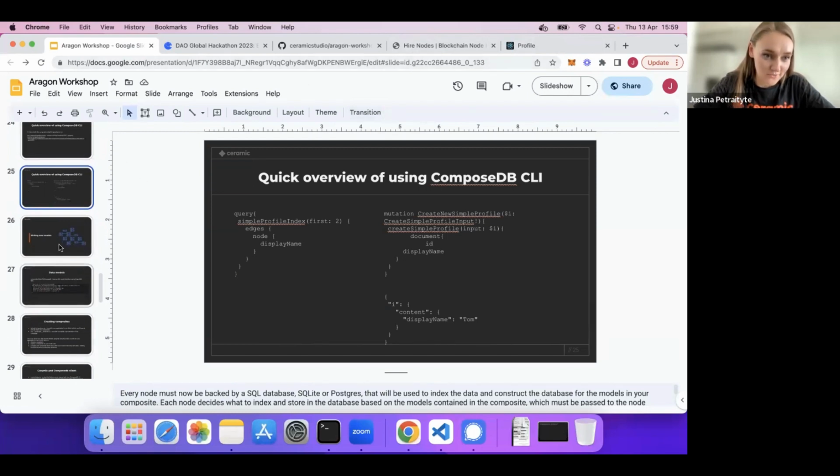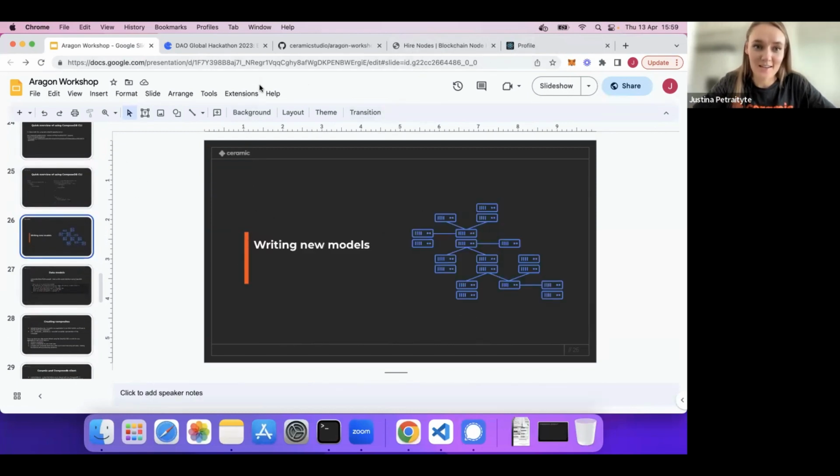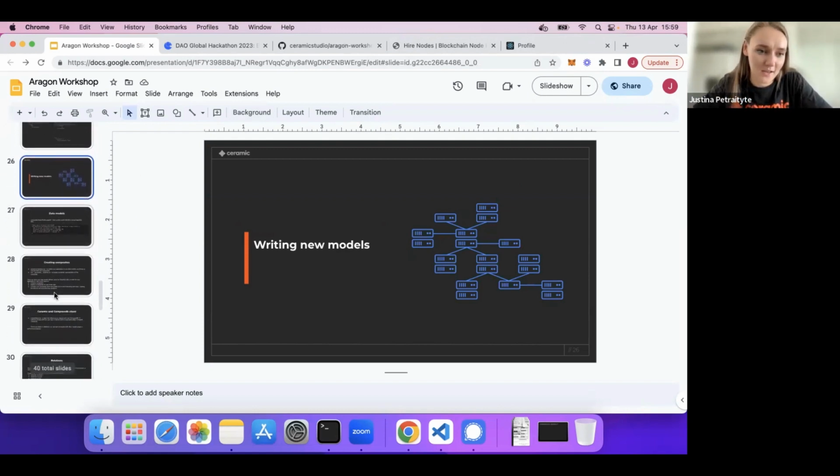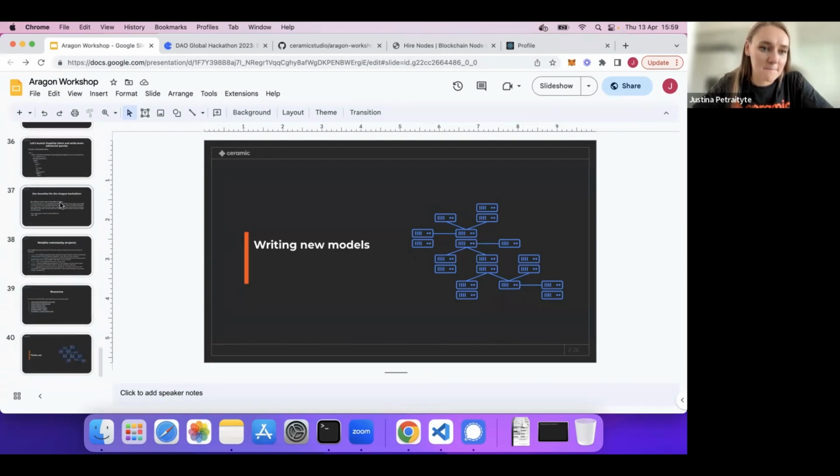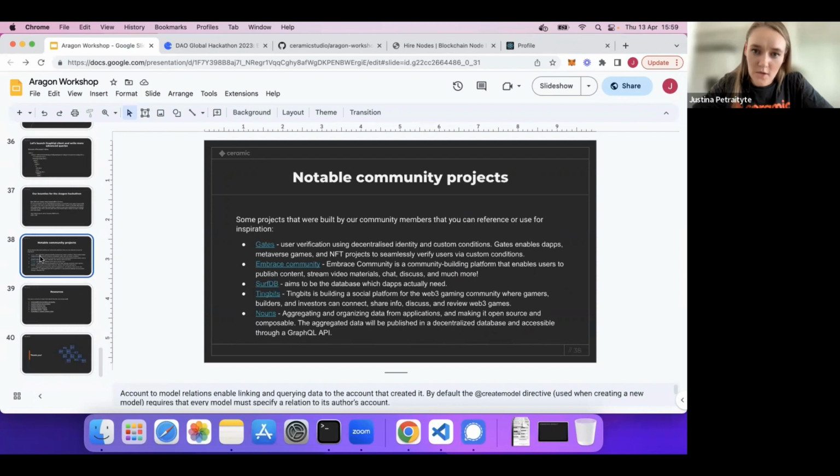Okay, so just to very quickly wrap up, again, I apologize that a lot of things didn't work today. I will double check what's happening and I will post a follow-up message on that. The last thing that I wanted to show is that we have quite a few notable community projects that hopefully will give developers some inspiration to build cool projects. I will not go too much into detail on these, but these are just really great examples of how ComposeDB can be used to build really cool developer tooling and community platforms.